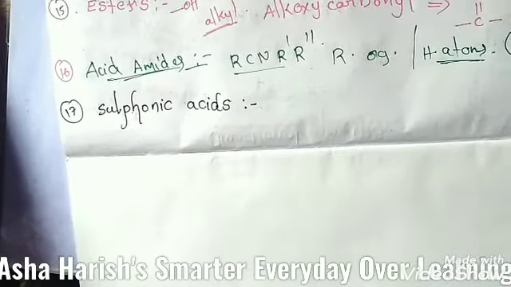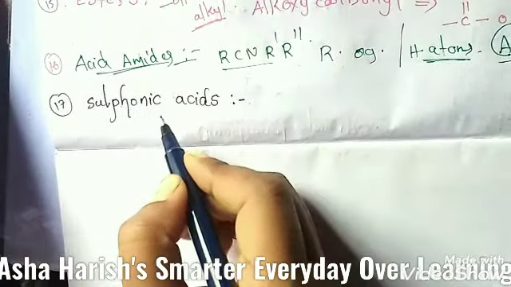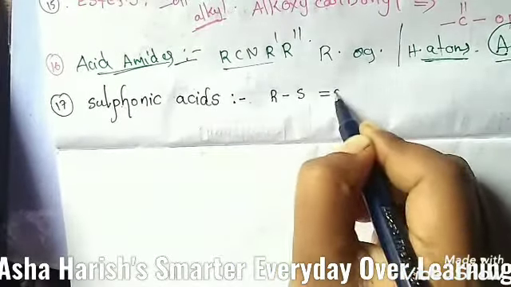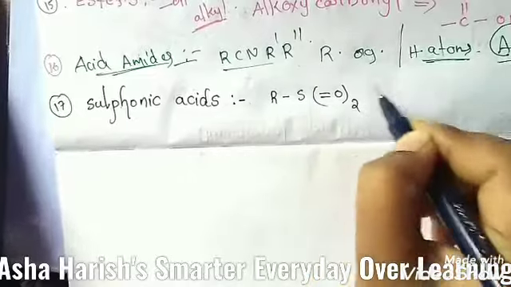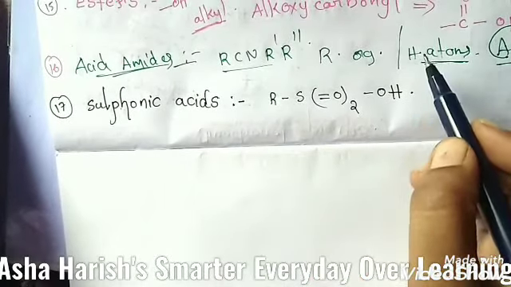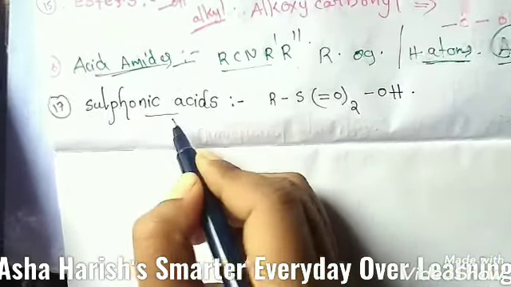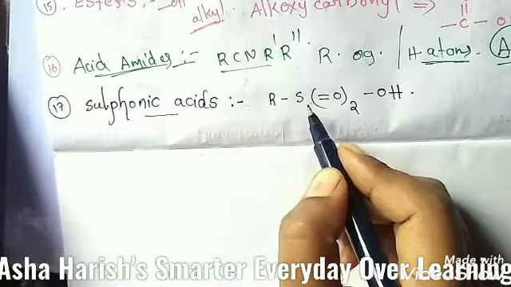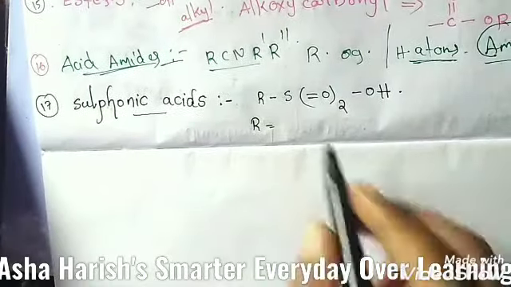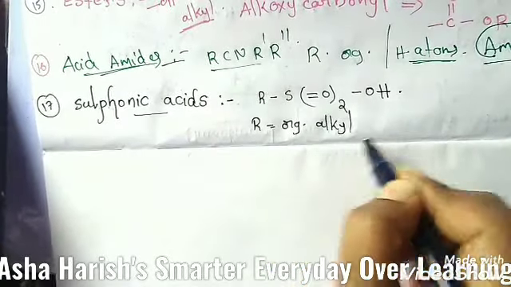And the next one is about sulfonic acids. This is the class of the organic compound, sulfonic acids. Here the main structure you can see 2 oxygens and again OH. Okay, the name of the functional group should be sulfonic acid. Sulfonic acid, same, only the name of the functional group. Here students, in this representation, R indicates an organic alkyl group or aryl group.